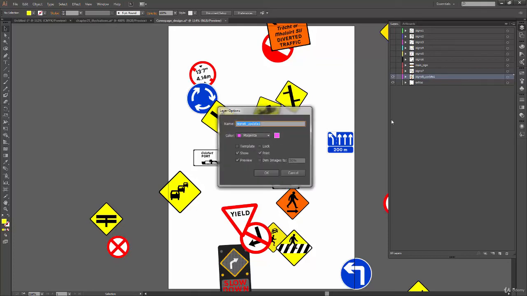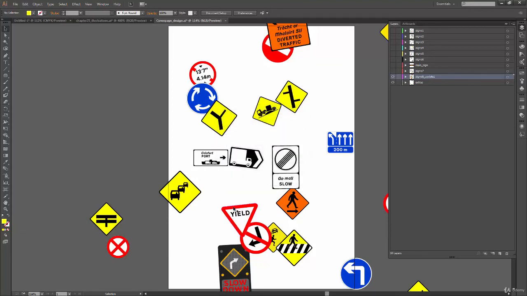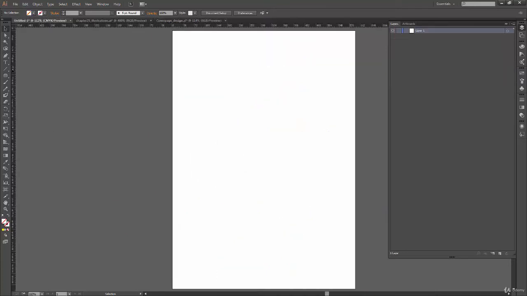Okay. Now I have this dim images. So this works best with template. So let's say if you have any reference you are working on, let me just draw something over here real quick.